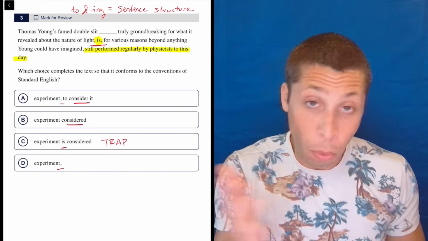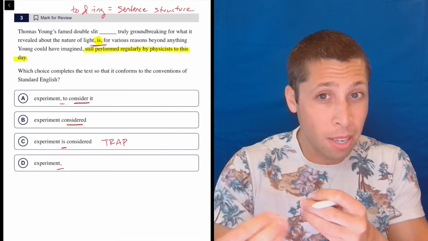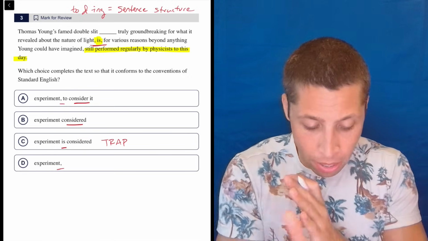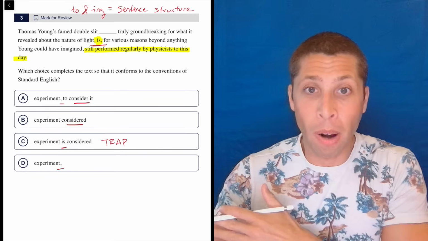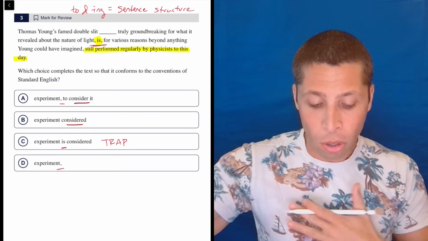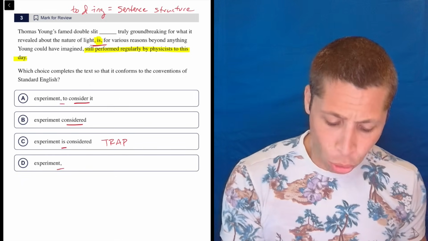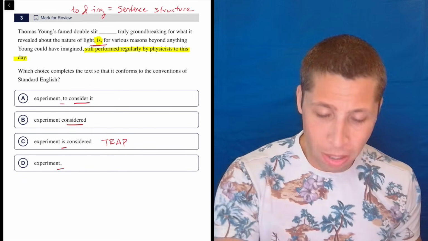Okay, well, before the "is" is a comma. So that suggests, again, there's some sort of break in the sentence. There's some sort of interruption here. But then where's the beginning of that interruption, right? It's not the beginning of the sentence. We can't start the sentence with "is." So I'm now looking at basically choices A and D, and I'm trying to figure out, okay, there must be